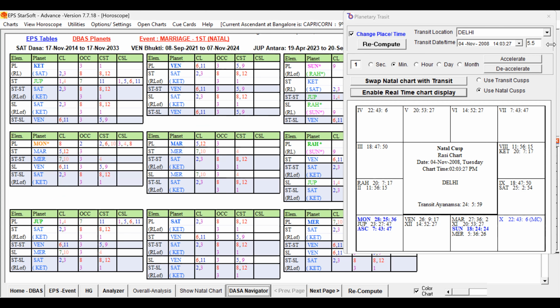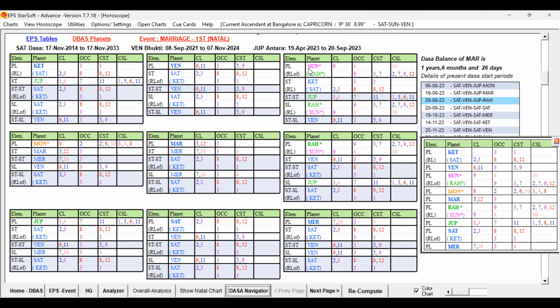I think you should have learned something in this video, and careful study is important while we are studying the significations. If mixed significators are present, but if they're under the influence of the strong key planet, and also they are ruling in the Buddhi Lord, sorry, Dasa Lord, definitely they have to be given importance. I think you are able to understand.